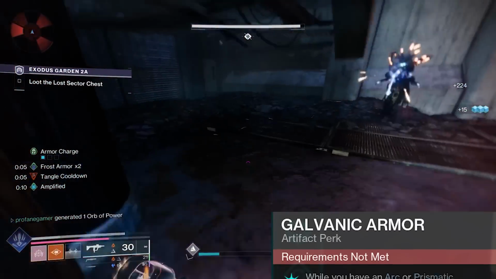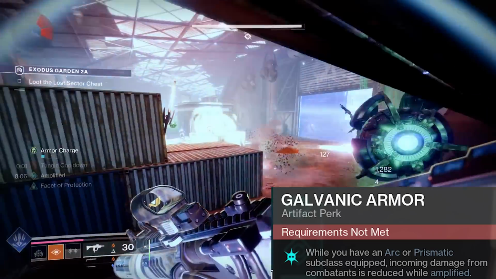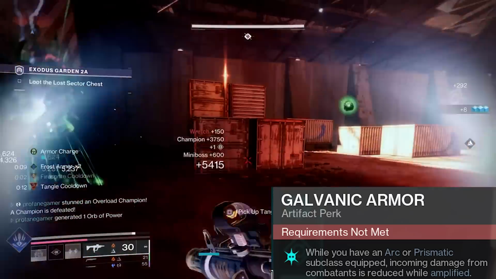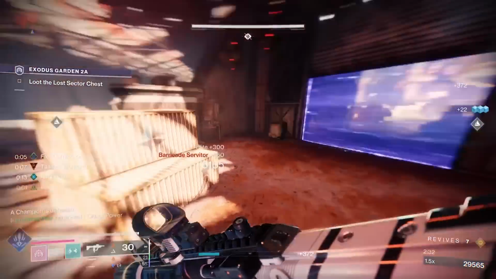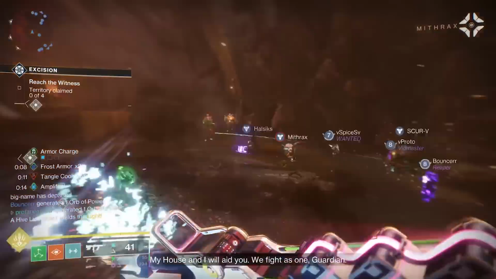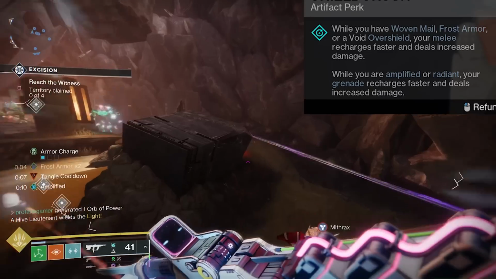With use of the Galvanic Armor mod, it'll be much safer for us to perform mid-air hammer strikes, because when we are amplified, we'll have a 30% bonus in damage resistance. And this will get added on top of the bonus resistance that we're getting from Facet of Protection and our elemental buffs. Those elemental buffs are going to trigger bonus energy regeneration and bonus damage because of the Shield Crush